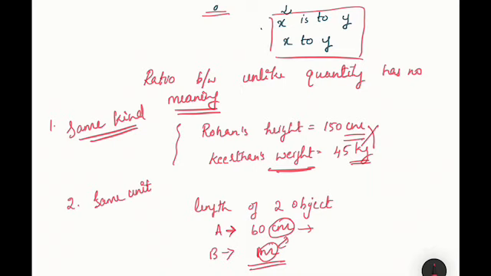So how do we convert? You know that. 1 meter is equal to how much? 1 meter will be equal to 100 centimeter. So again by multiplying or dividing, you have to convert one of them and make both the units equal. Only then you can solve the problems based on that. Hope it's clear to you all.